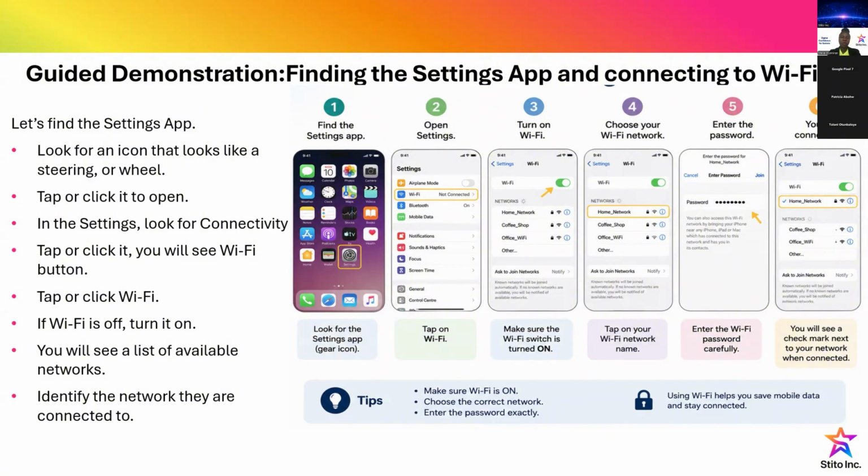The first thing is that if you want to turn your Wi-Fi on or off, you look for the settings app. Settings. On our home screen, there is an icon that looks like a steering wheel. I don't know if any one of us can see that on our phone. For those who are not using their phone for this class, or those who can just check on their phones, you can unmute yourself and let me know if you can identify the settings icon on our phone home screen. Somebody should just say, I got it, I saw it, I know it.